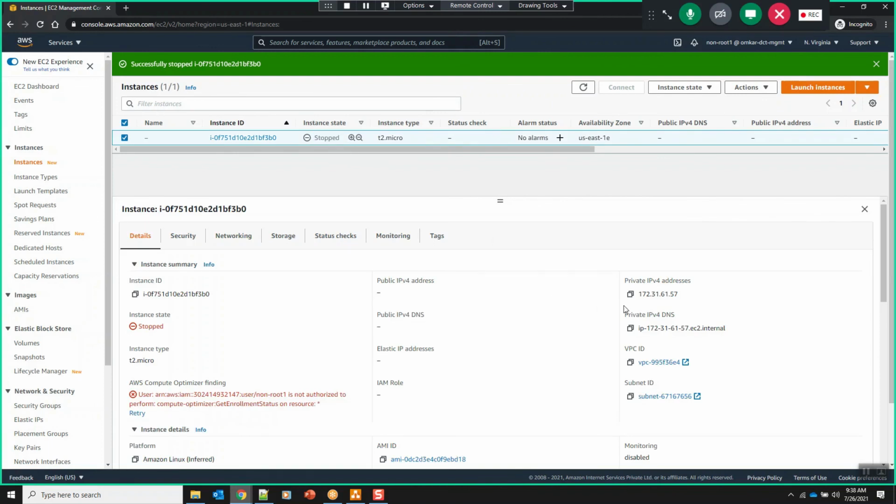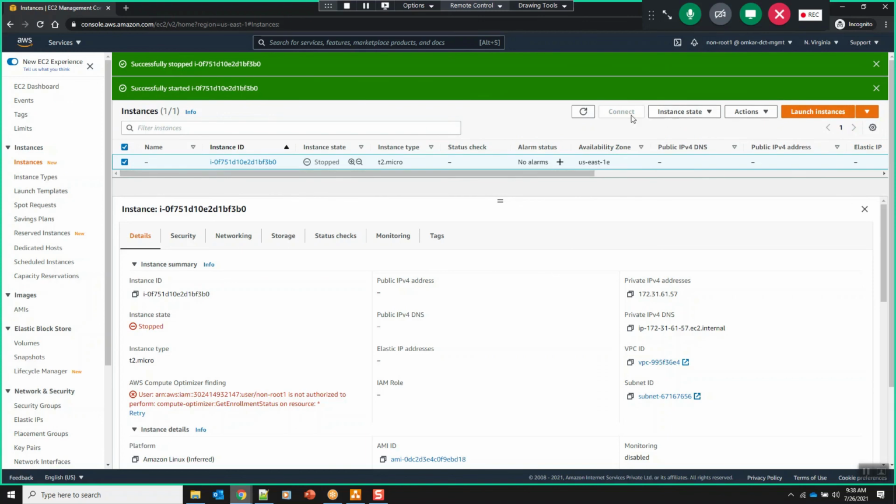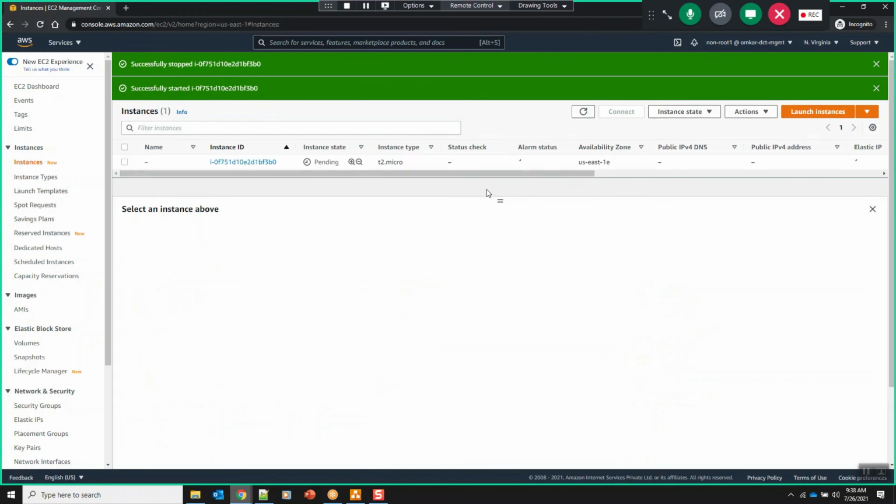So here you have the private IP, the same IP, right? But do you see the public IP here? No, you don't see the public IP. Let me start this instance again. Let me refresh again. It is in the pending status.